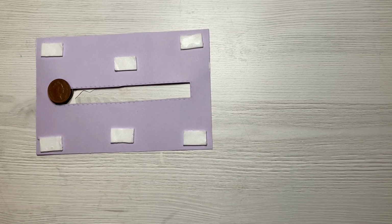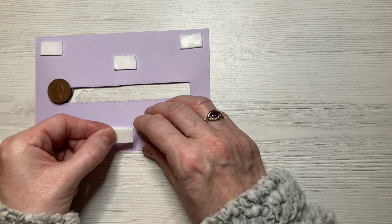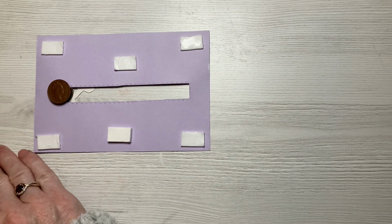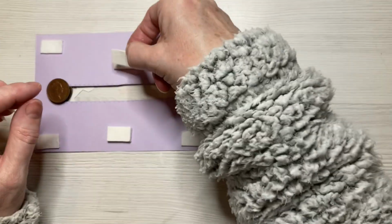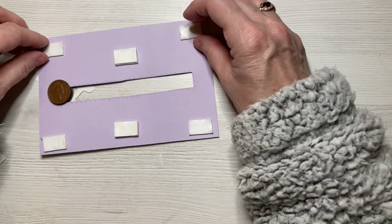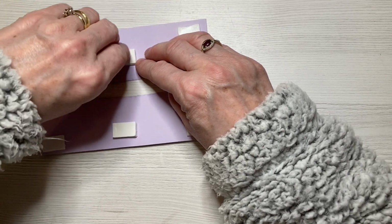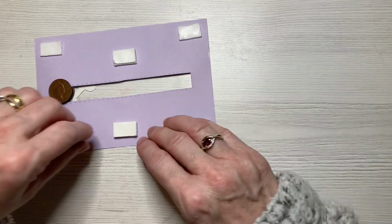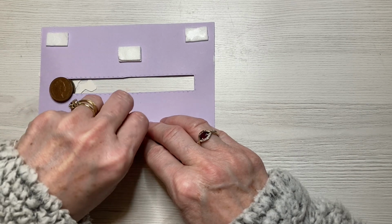So I'm just going to put a double layer onto these little middle ones here, just to lift it up a bit. Just peel the back off. And then again on this one,